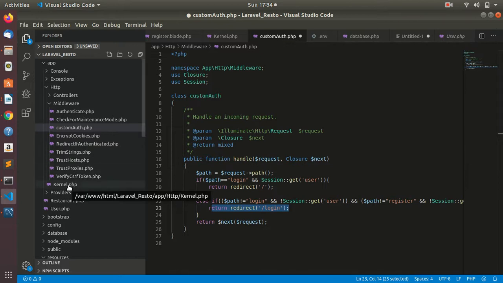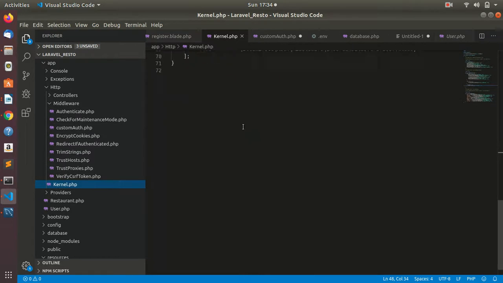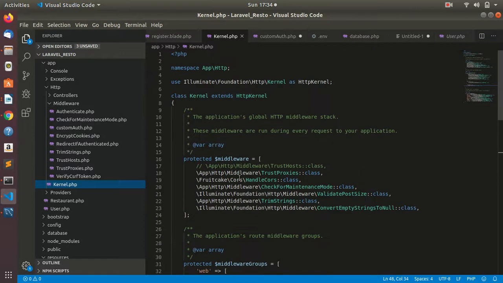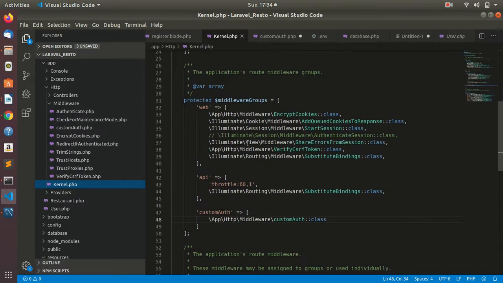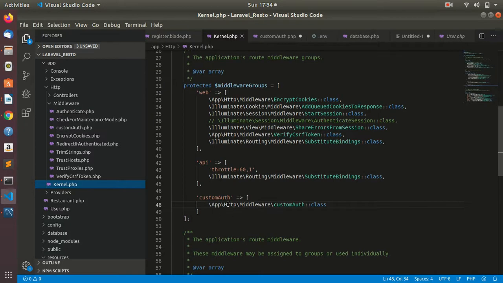To register your middleware, you need to go into the Kernel.php file, and there are various types of middlewares, that is global middlewares, then grouped middlewares, and then individual middlewares. I have put my middleware in the grouped middleware, and I have named it customAuth.